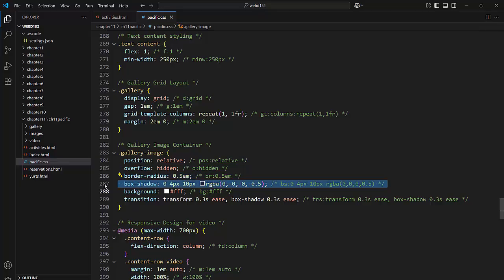The box shadow adds a soft shadow behind the image container, giving the gallery a sense of depth and layering. The 0 pixel is for the horizontal offset. The shadow is centered, not left or right. The 4 pixel vertical offset makes the shadow appear below the container. The 10 pixel blur softens the edge of the shadow. And the 0.5 at the end is for the alpha setting, and it sets it to a semi-transparent black